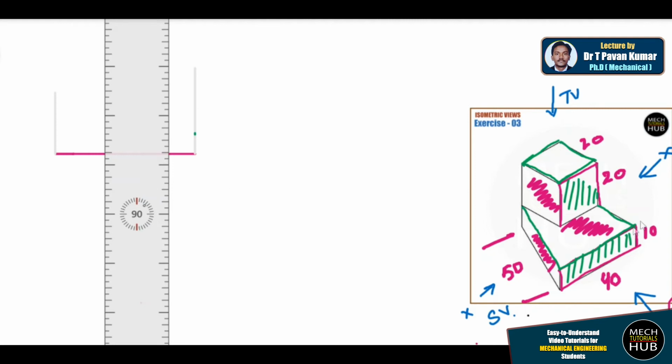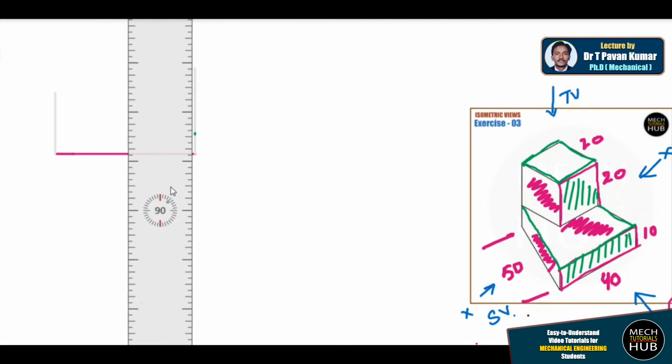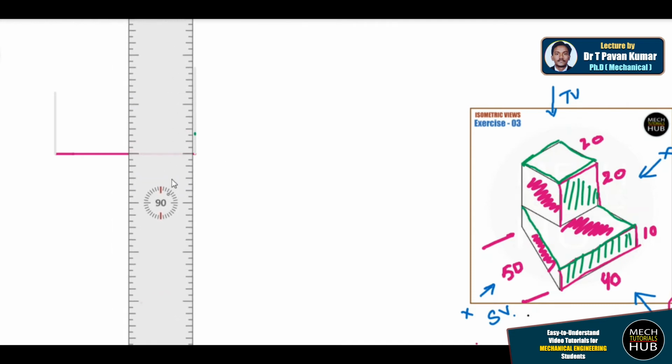Similarly, after this 10, as these two are colliding with each other, there is a height of 20 mm. I'll make a mark of that 20 also. Okay, if this is 10, for every 3 divisions, 1 2 3, 1 2 3. So let me drop a point here. Okay, after this,